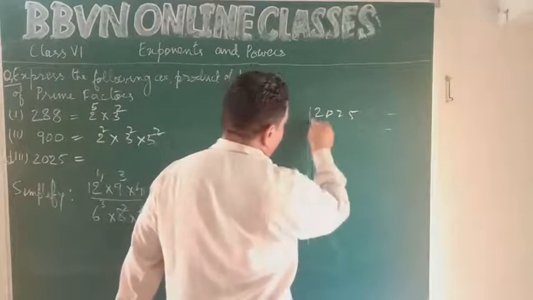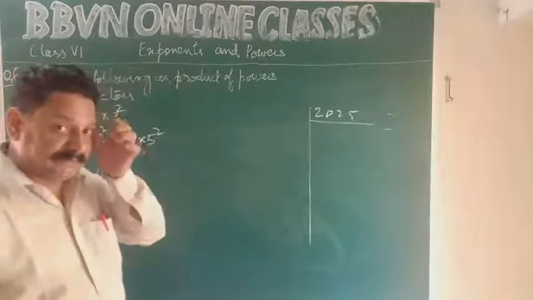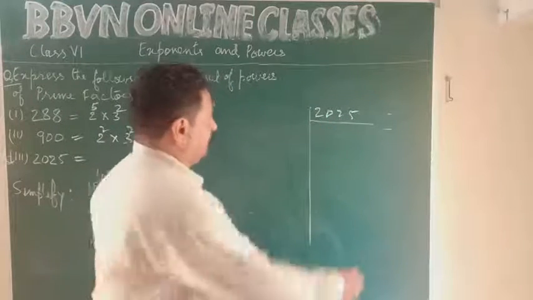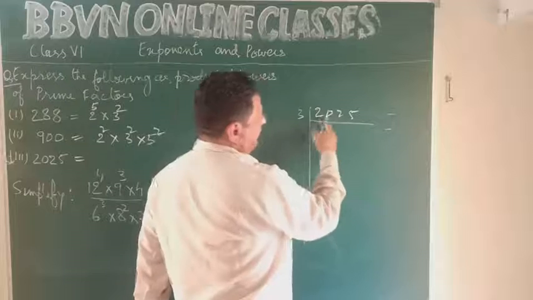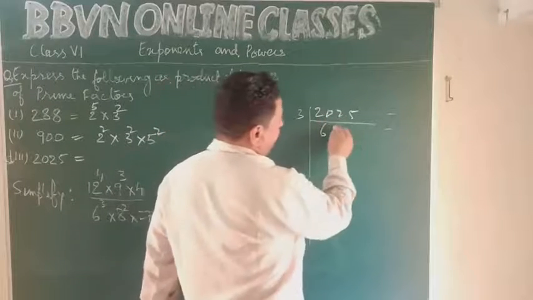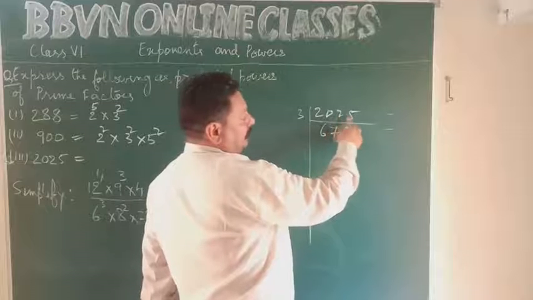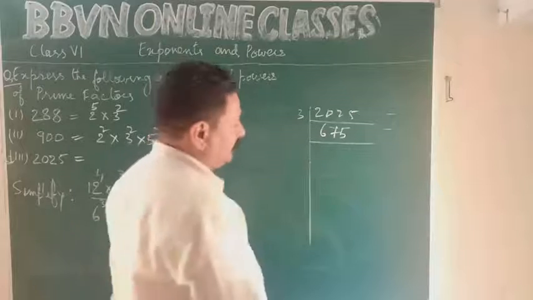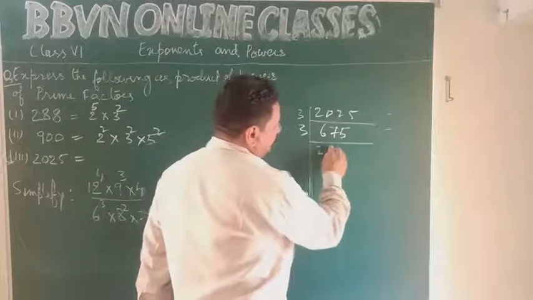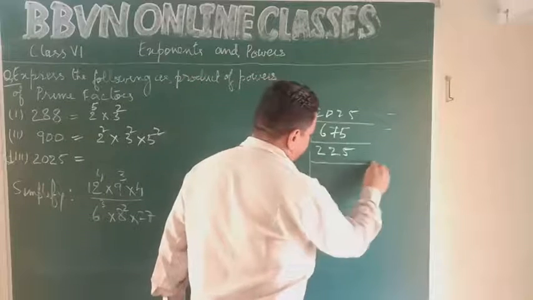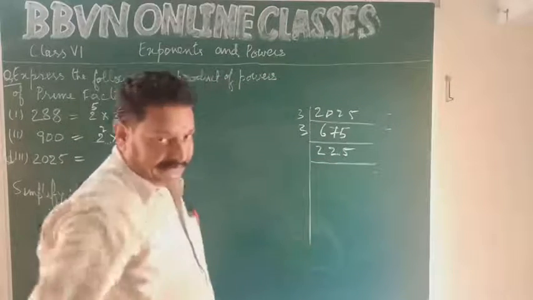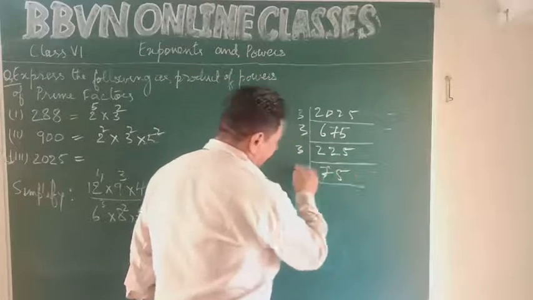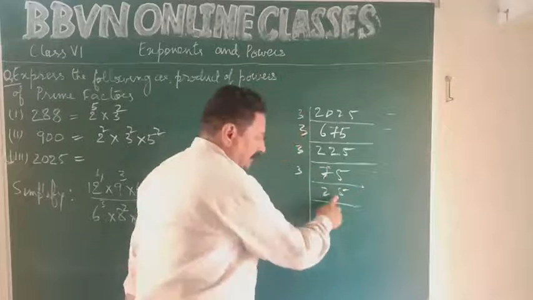2025. It is not divisible by 2. Next prime is 3. Let us see if it is divisible by 3. 5 plus 2, 7 plus 2, 9. So it is divisible by 3. 3 6s are 18, remainder 2, 2 and 2, 22, 3 7s are 21, remainder 1 and 5, 15, 3 5s are 15. Now 5 and 7, 12, 12 plus 6, 18, again it is divisible by 3. 3 2s are 6, 3 2s are 6, 1 and 5, 15, 3 5s are 15. 5 plus 2, 7 plus 2, 9, again divisible by 3. 3 7s are 21, 1 and 5, 15, 3 5s are 15. 3 goes 25 times. Now it is not divisible by 3.